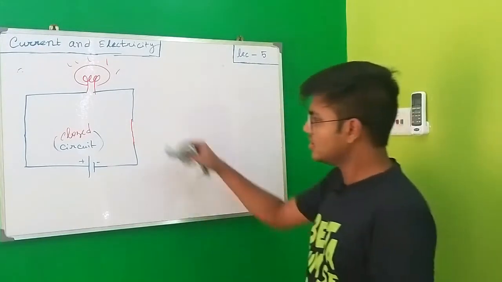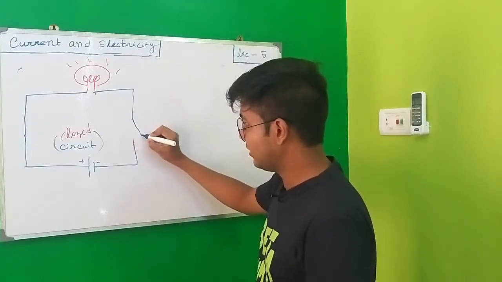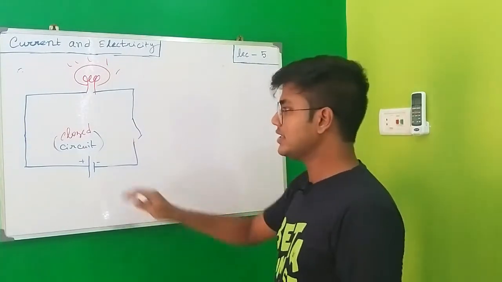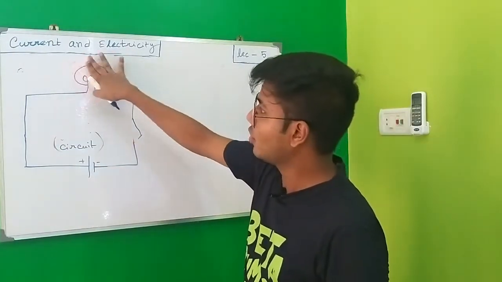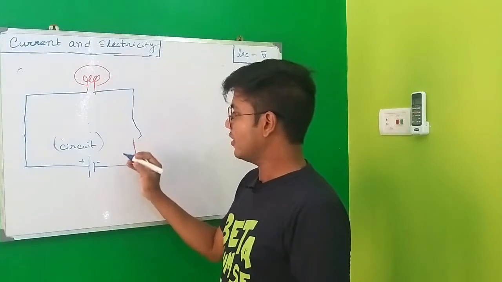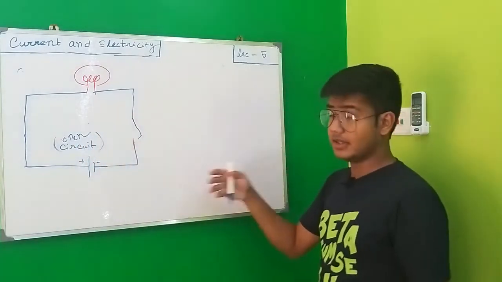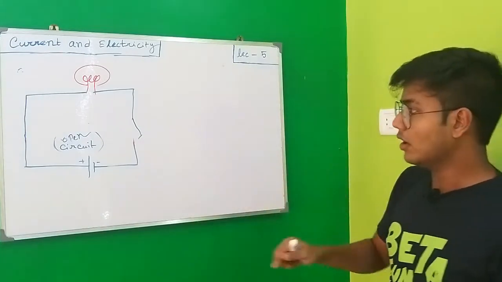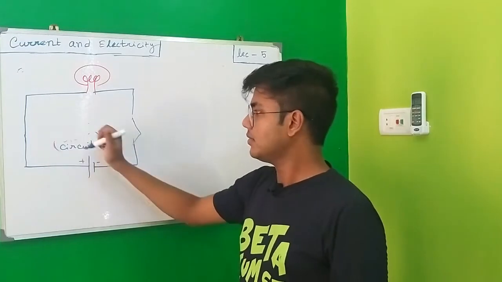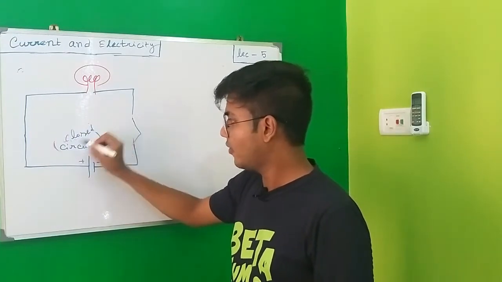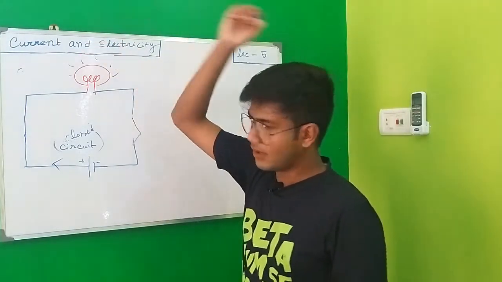But I'm disconnecting this wire and adding a key, a switch element, over here. As you can see, this circuit is off right now, so the bulb will not glow. Whenever the circuit is off, it becomes an open circuit. That circuit is right now open. But if we turn it on to push, it will again become a closed circuit. Current is flowing from the positive terminal and the bulb is glowing.